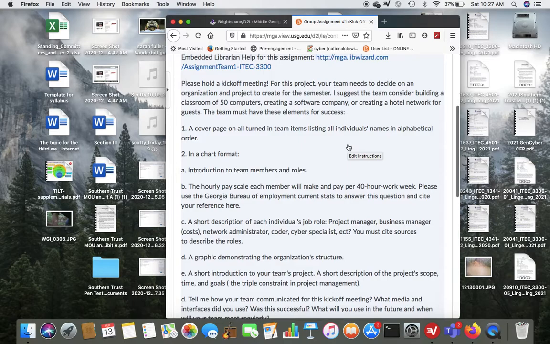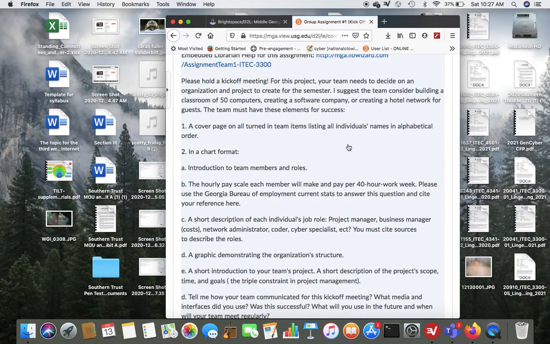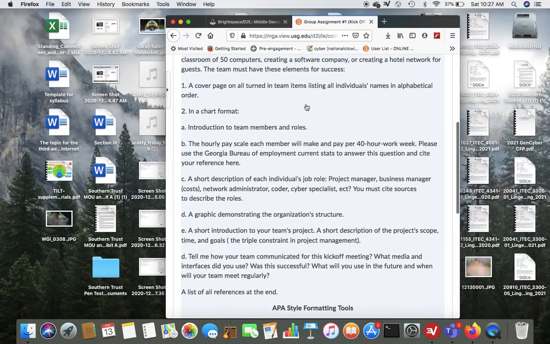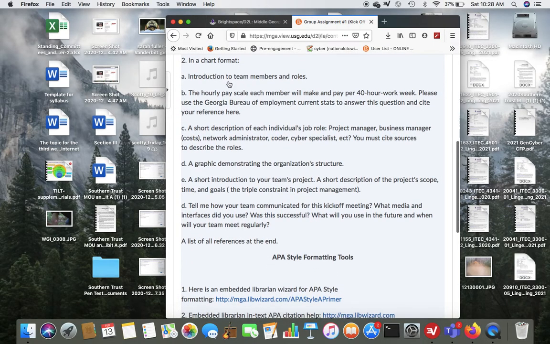Okay, however, you need to meet some of these elements for this assignment. I'll need a cover page with everybody's name in your group listed in alphabetical order. On a chart, I want you to have an introduction to your team members and the roles that they're going to play. You might have a project manager, business manager, network, computer programmers, cyber specialists, and so forth.